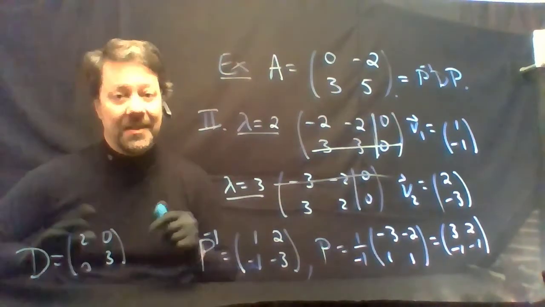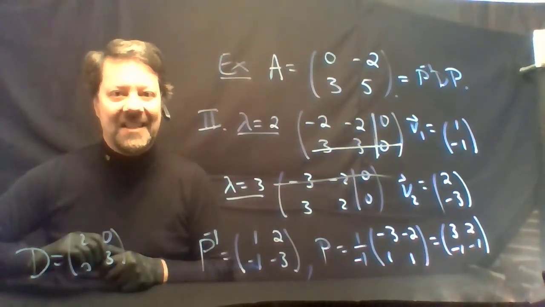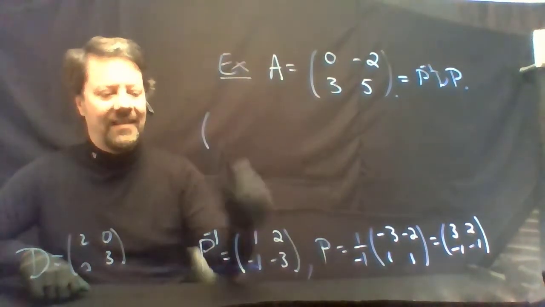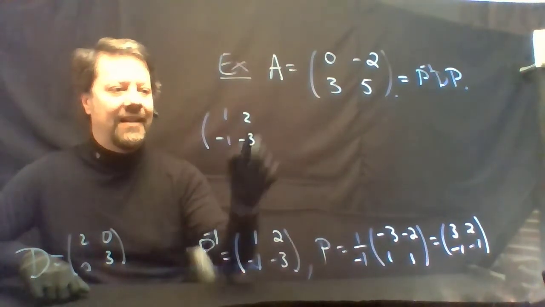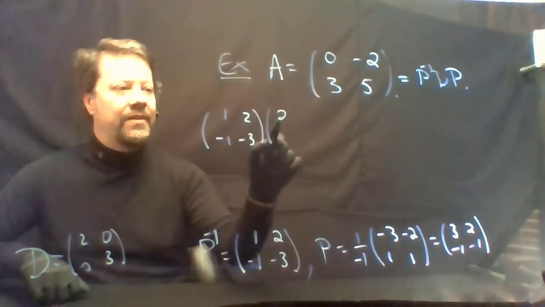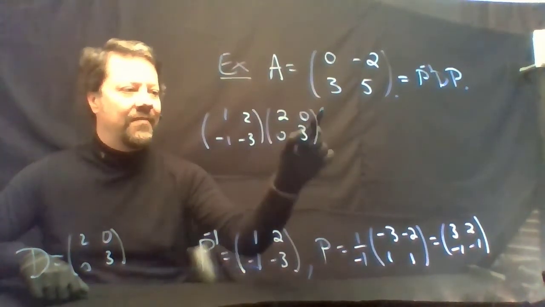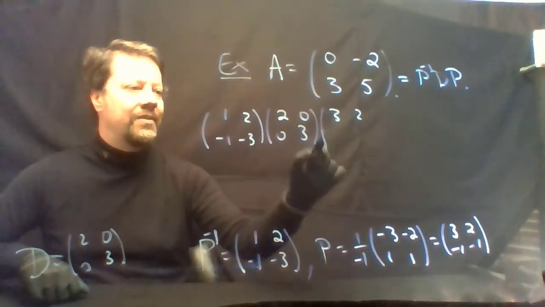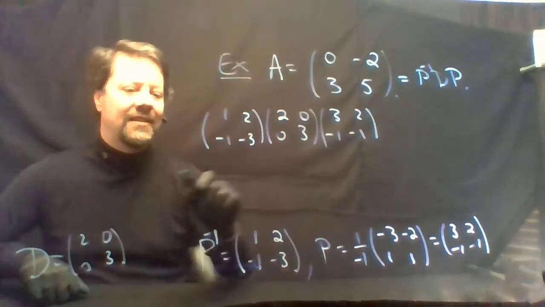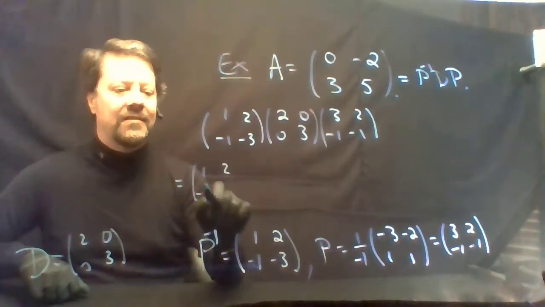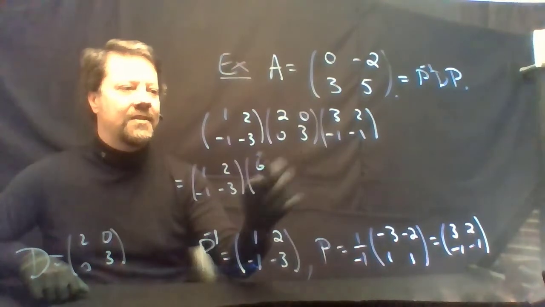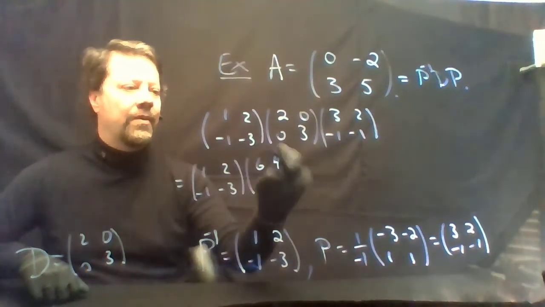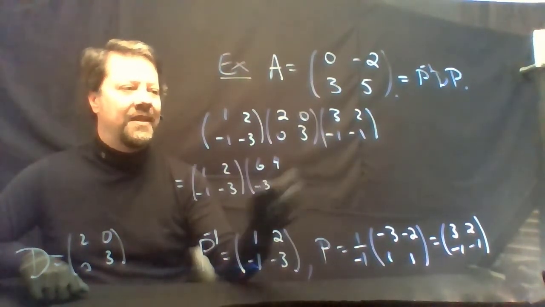We should check this since this is our first time diagonalizing a matrix. Let's write this down. We'll have 1, 2, negative 1, negative 3, then 2, 0, 0, 3, and then 3, 2, minus 1, minus 1. Multiplying, we'll get 6, 4, minus 3, minus 3,